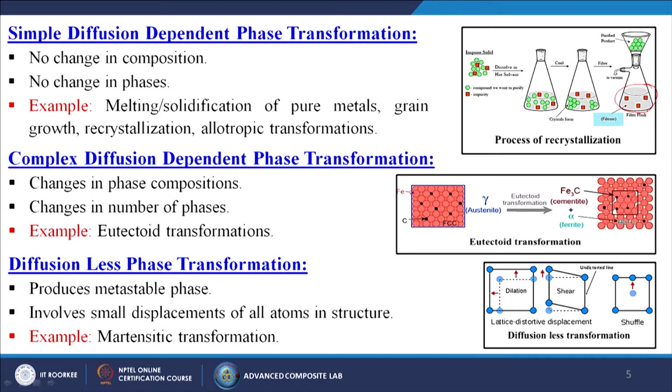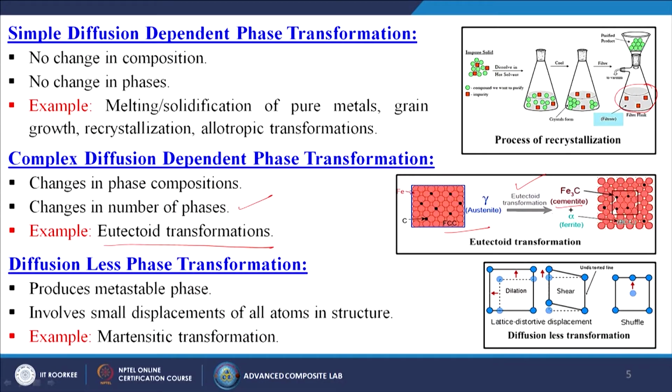Next is the complex diffusion dependent phase transformations, where there is no change in phase compositions, only changes in the number of phases. Example, the eutectoid transformation. Suppose I have gamma austenite and I am doing the eutectoid transformation. I am getting two types of phases, one is called cementite, which is nothing but Fe3C, and another is alpha ferrite,